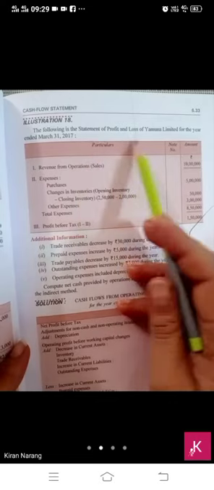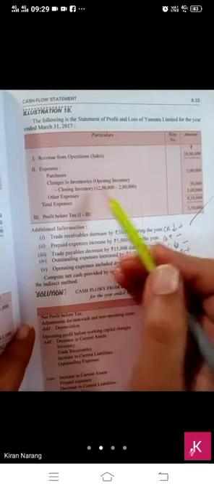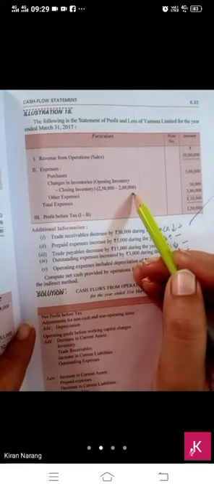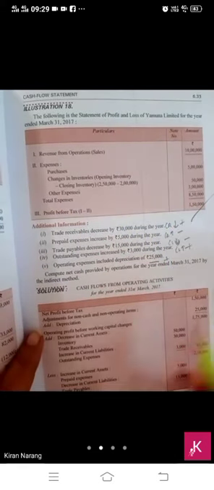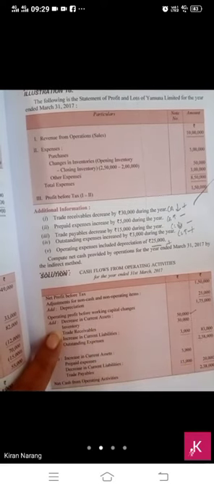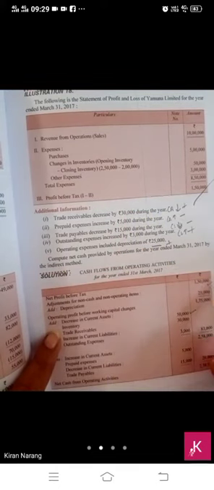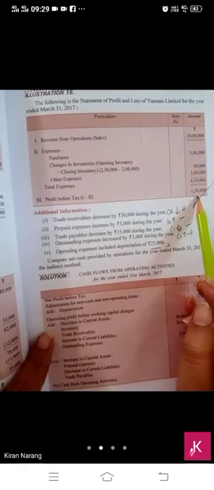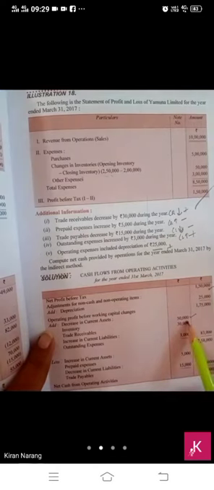Again, bache, statement of profit and loss is given to you. Revenue from operation, other expenses. From here you will see change in inventory. Current asset is reducing. It will be added. 50,000 will be added by way of current asset inventory. Okay. Then other expenses, nothing is given. Profit before tax is 1,50,000. Only two items we have taken from here: 1,50,000 profit and decrease in the current asset. It will be added, bache.